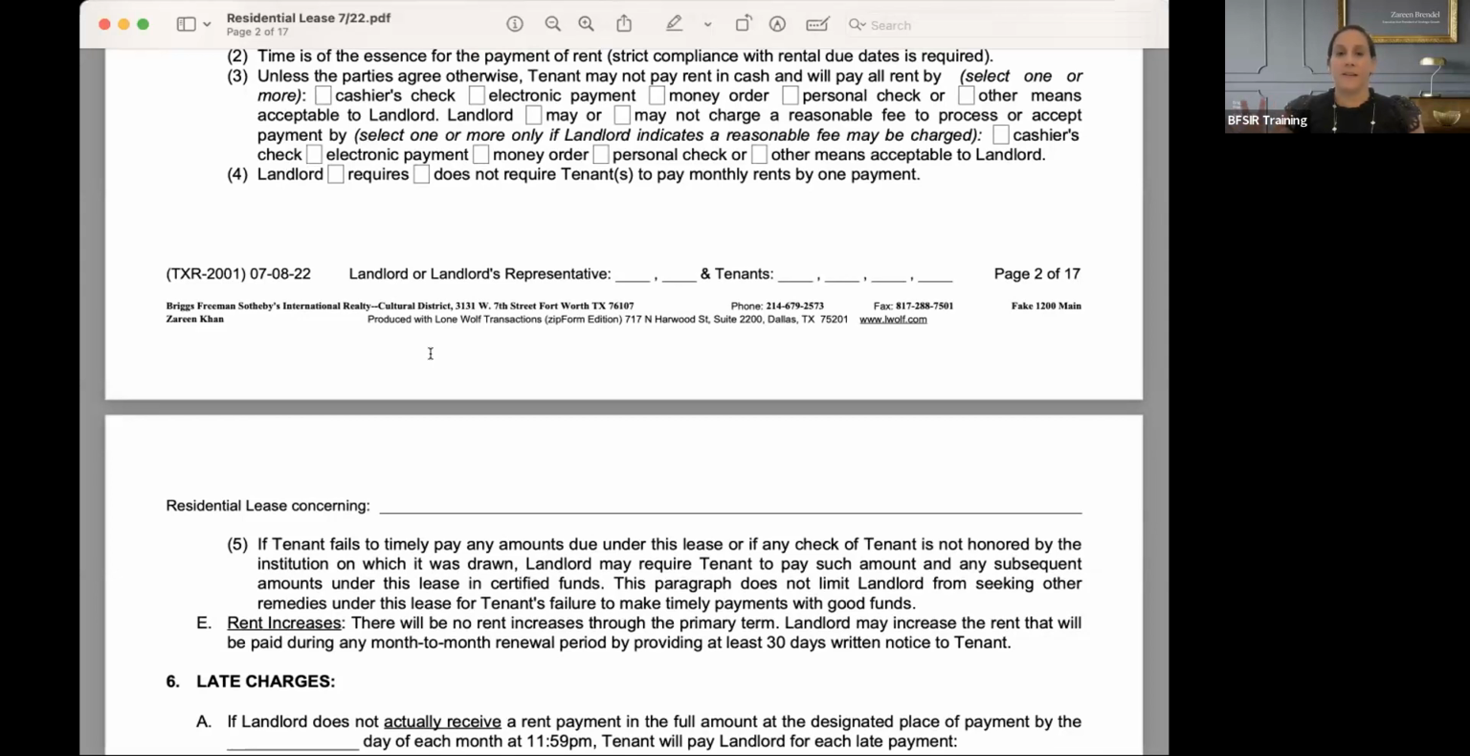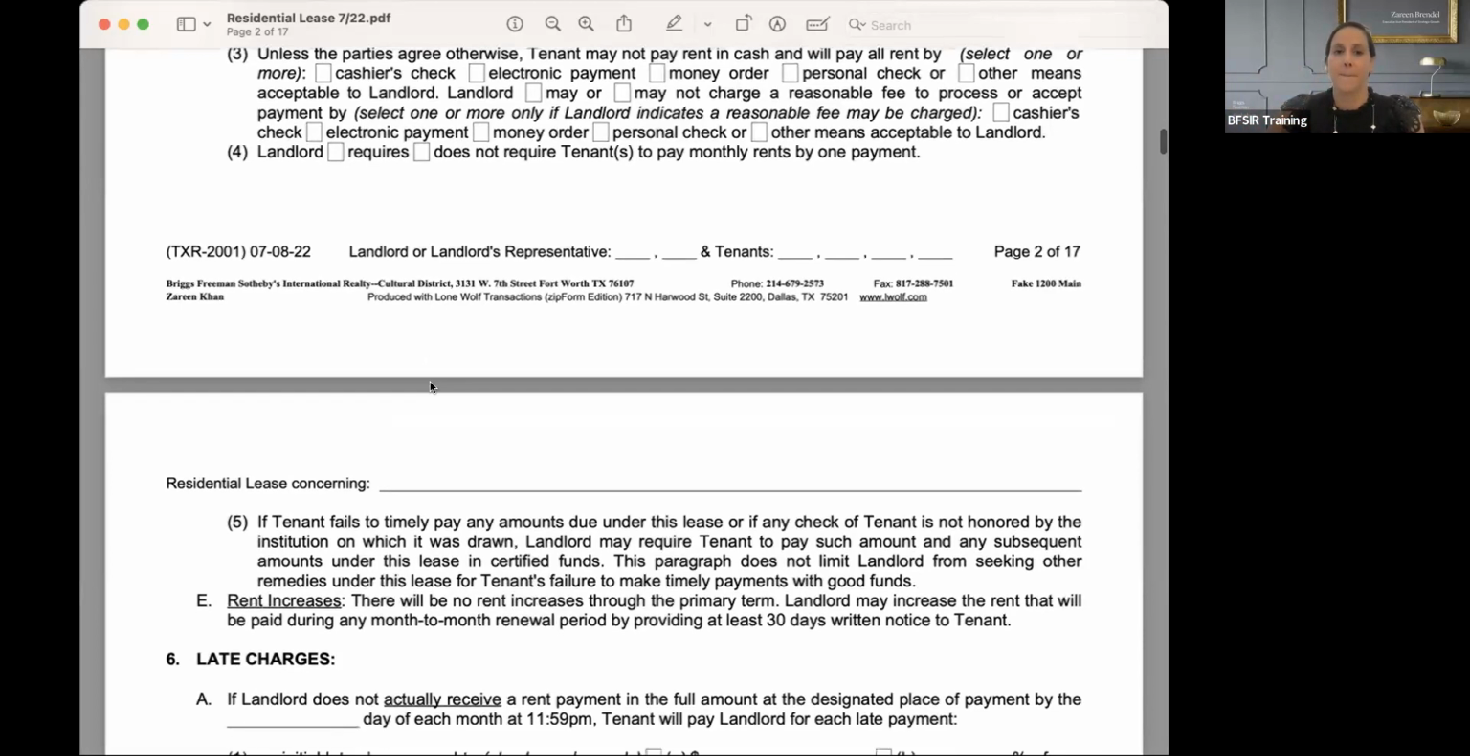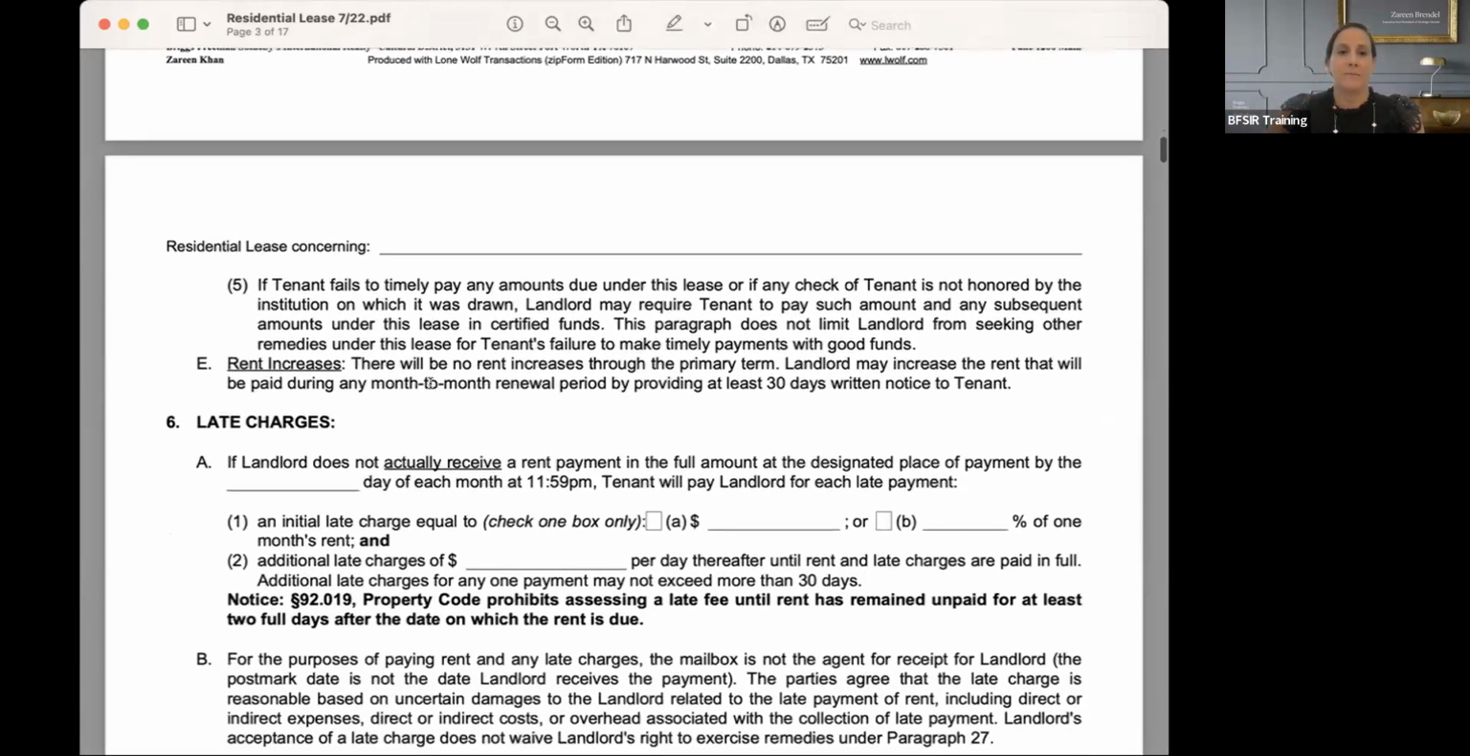But that's whatever makes, I'm fine with that. That doesn't concern me. If your landlord is more concerned about electronic payments, then they maybe just want to do checks. But it just goes directly into the bank account, which is clean. Okay, so if tenant fails to pay any amounts due, or if the check is not honored,